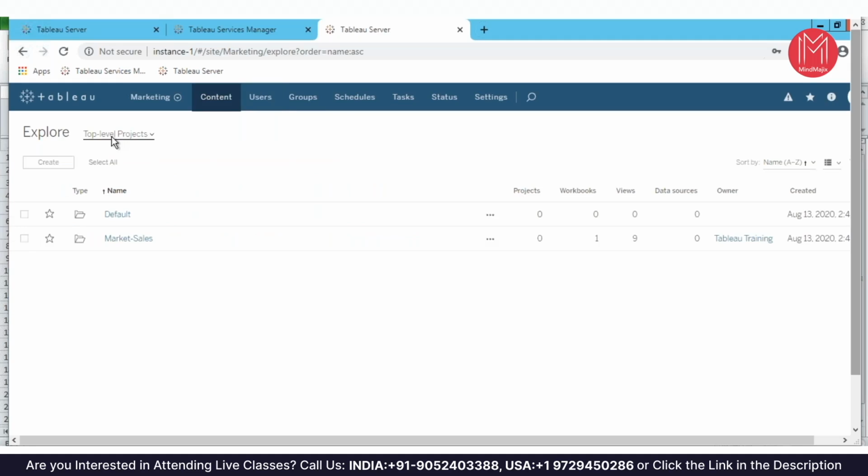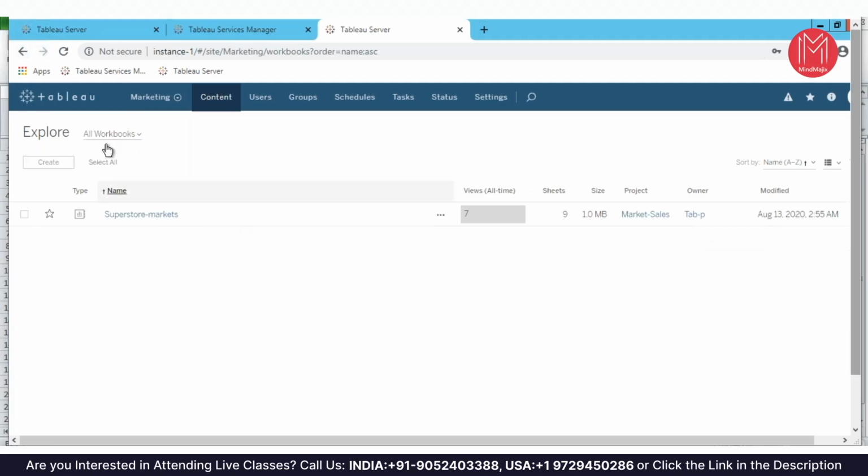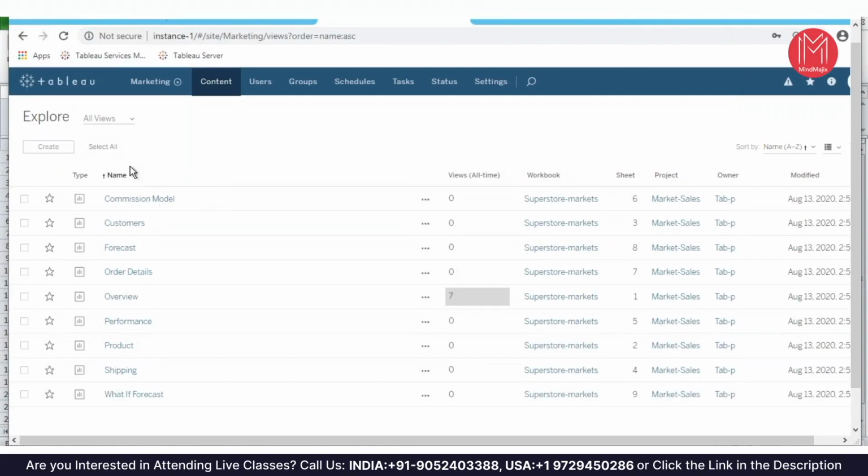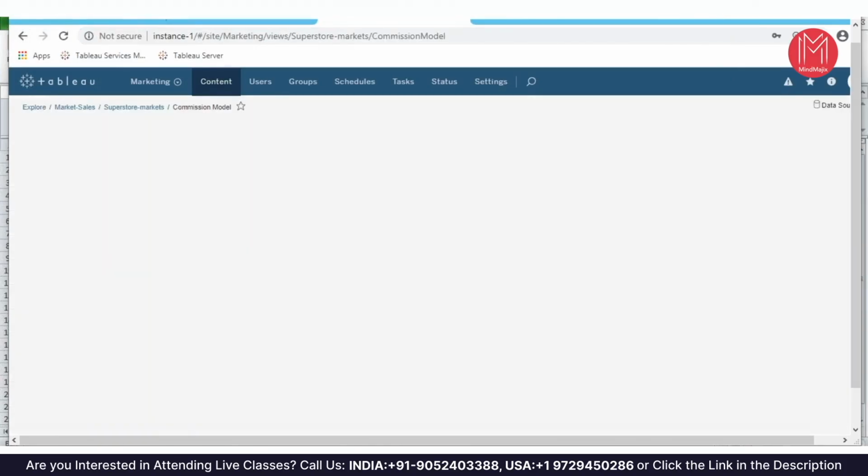Again, you can have the dropdown option if you wanted to go to an individual project level, how you want to navigate, or you wanted to go directly from all the workbooks. It will directly go to that specific workbook. If you wanted to see all the views, which basically means a combination of multiple sheets or dashboards, if I simply open this commission model,